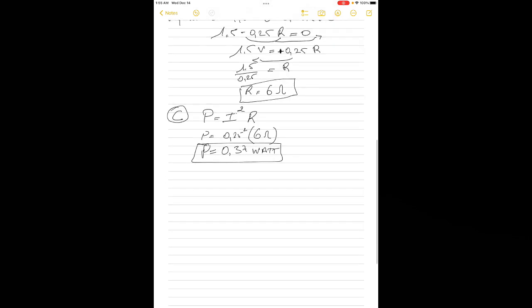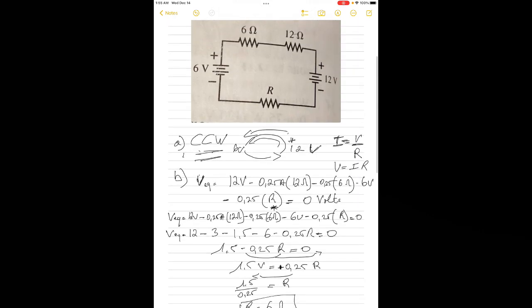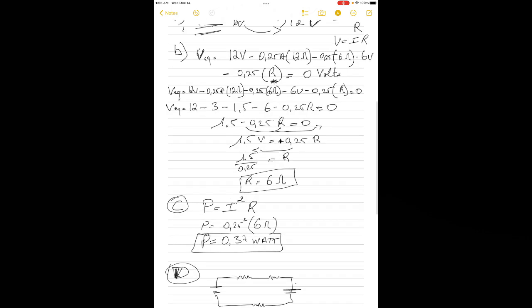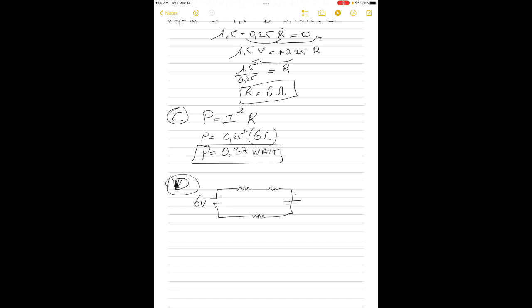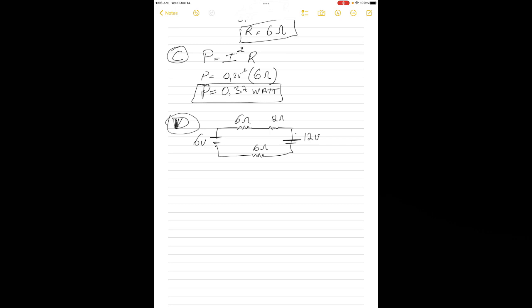Okay, and then we're going to do the voltage. We're going to do number D, and they're asking us to draw a diagram. I'm just going to put the figure again. So there are two resistors here, and there's a battery, and there's a resistance here. So here's 6 volt, here is 6 ohms, here is 12 ohms, here is 12 voltage, and this one is 6 ohms. So we know the highest voltage is 12,